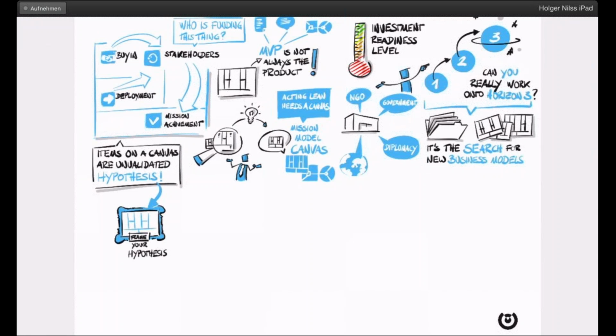Yeah, I fully agree. Maybe you can share one example that you found interesting of a team that used the mission model canvas, something maybe that they tested. I got a great example, which was, and by the way,